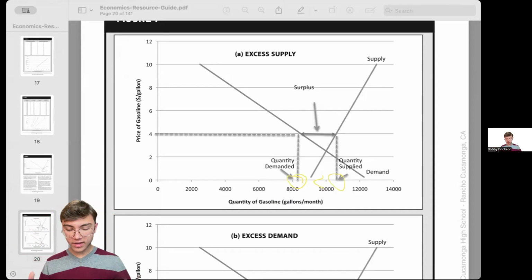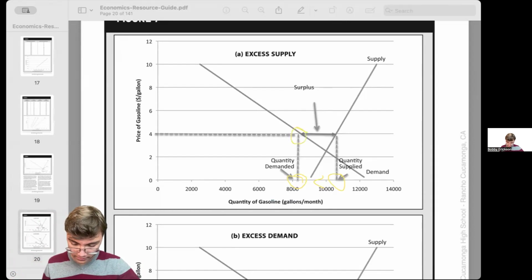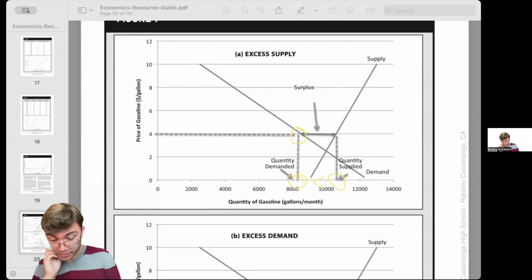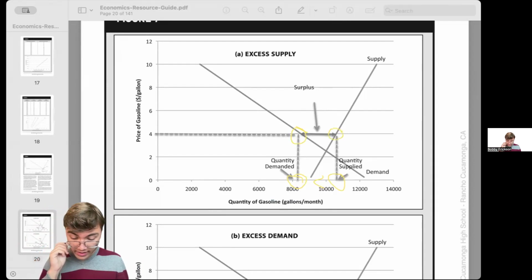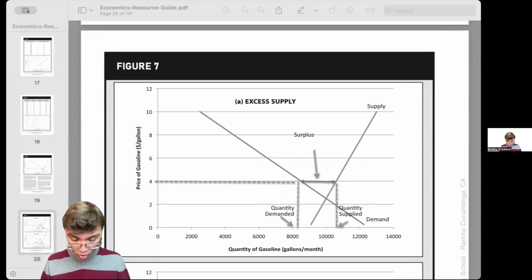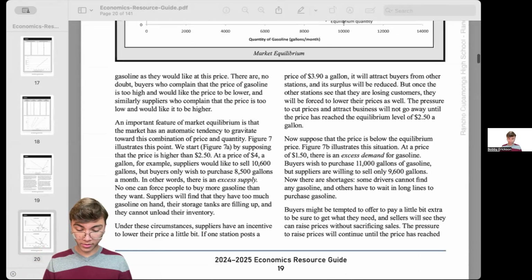And so we see here that both the buyers and the sellers are in kind of a rough spot here because the price for the buyers is too high and for the suppliers the quantity is too high. They are selling or they are producing too much. And so that's where this idea of gravitating towards the equilibrium price and equilibrium quantity.